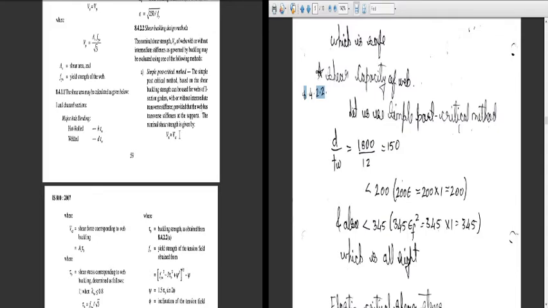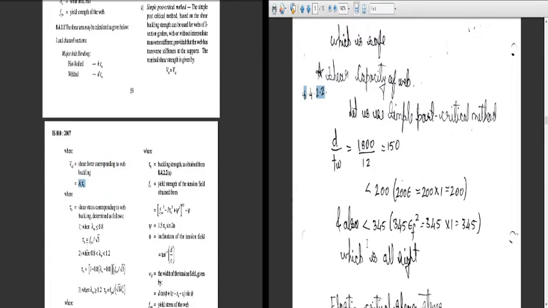Good. Now in our numerical, we are not providing any intermediate stiffeners, so we are using this. So how to compute it? Let us see. The nominal shear strength is given by Vn is equal to Vcr, where Vcr is the shear force corresponding to the web buckling. So remember, it is of the web portion. So Av into tau b, where tau b is the shear stress corresponding to the web buckling, determined as follows.